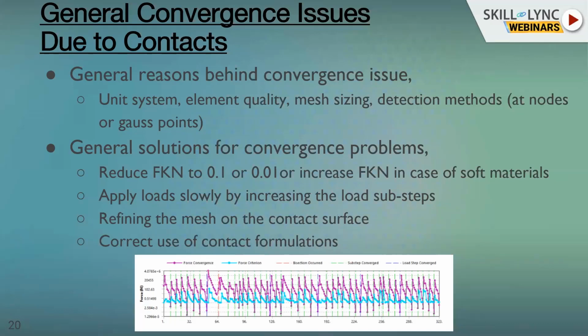You reduce it to like 0.1, or 1 is the program controlled value. Reduce it to 10% or 1%, like that. If you reduce it, yeah, you are going to surely get the convergence, because